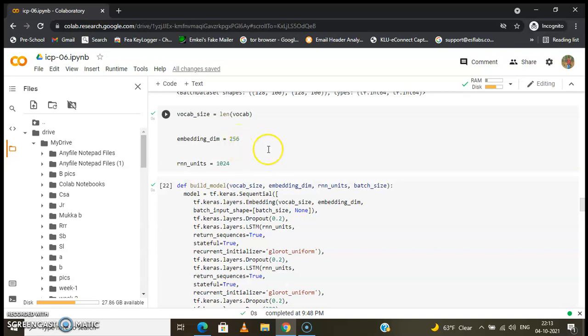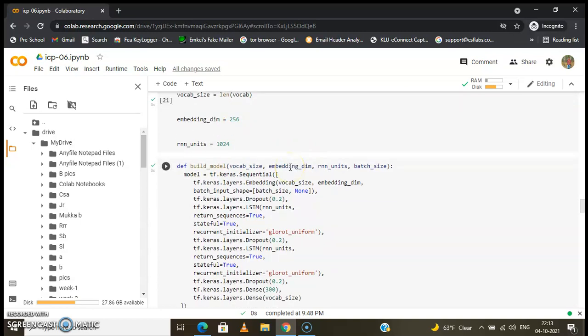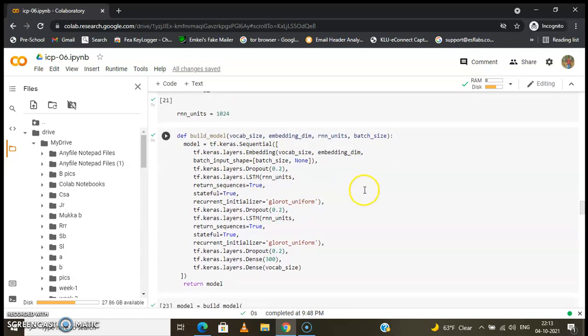We are creating an RNN model with 1024 units and a dropout layer with a value of 0.1, so it will drop 10% of the data.